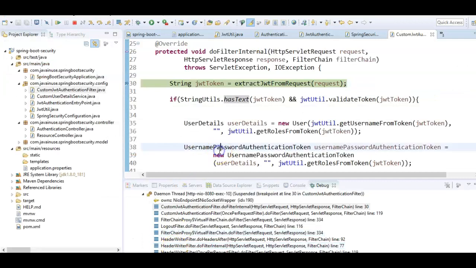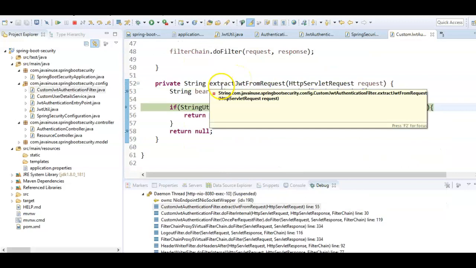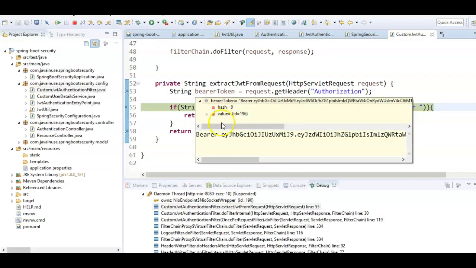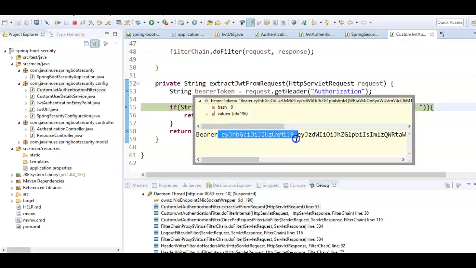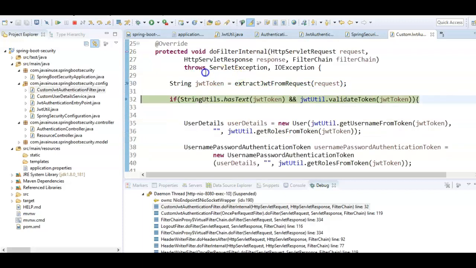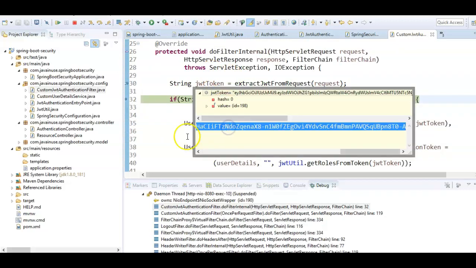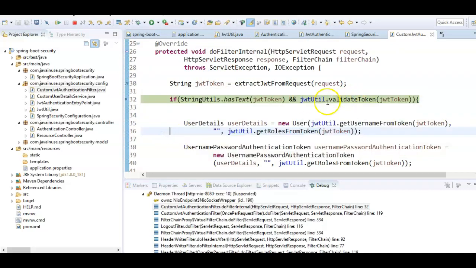So here again we are in the authentication filter. This time the bearer token will not be null, but we'll be getting "Bearer", a space, and the JSON Web Token. We'll be extracting the JSON Web Token now. If we check here, the JSON Web Token will be the one that we have put there. Next, the validate method of the JWT util will get called. So if we go here,